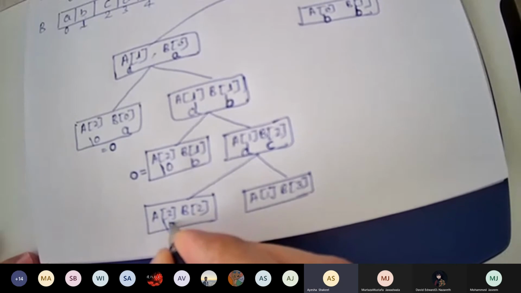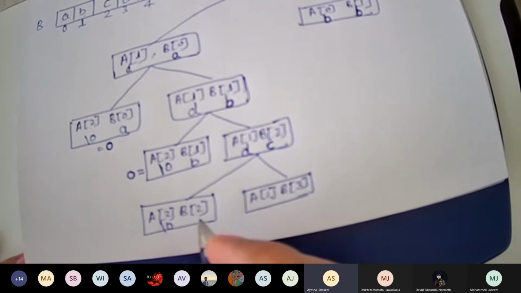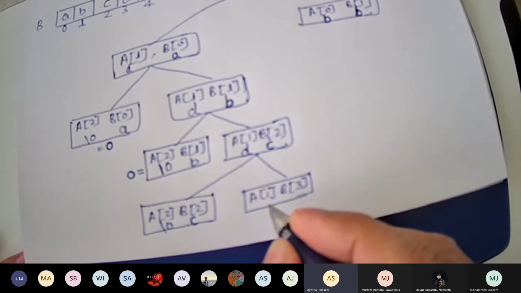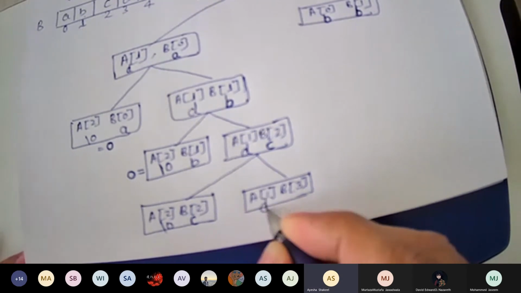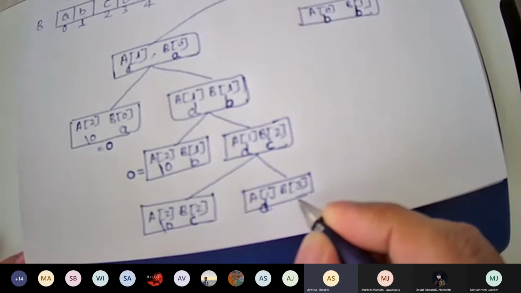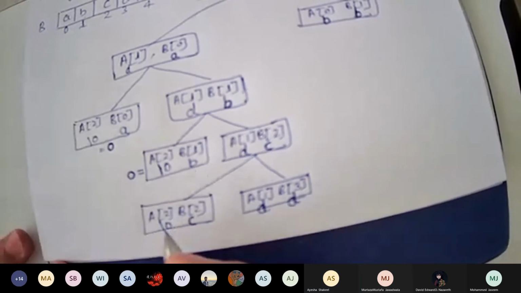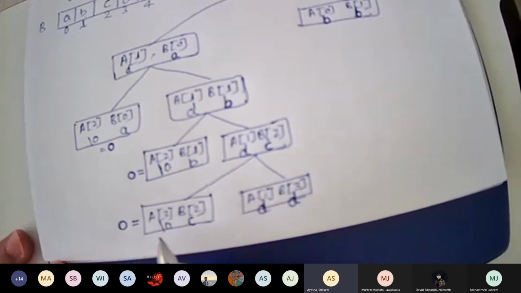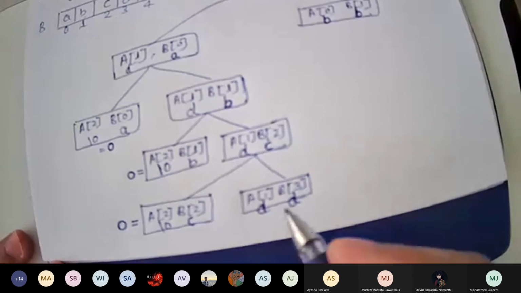It's 0. And what is the value of B2? C. What is the value of A1? D. What is the value of B3? D. So this value is how much? 0, because it satisfies the first condition.